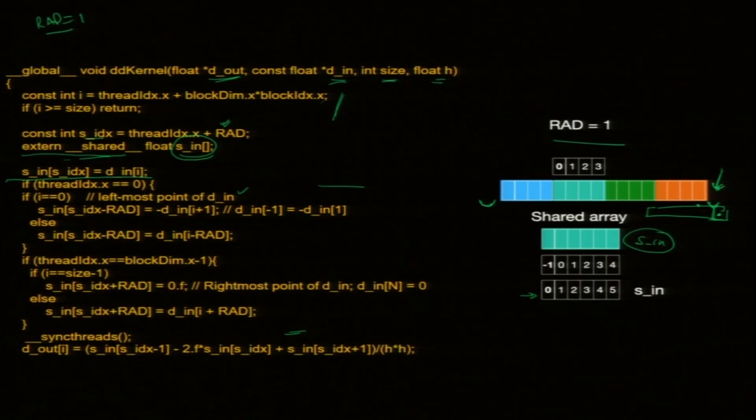So, what should I do? What should be the value here in shared? It should be the first array. Okay, this is the first array. By the way, please keep in mind that this program is executed by everybody, every thread. So, I am not doing a loop. This is executed by a thread whose index is I.